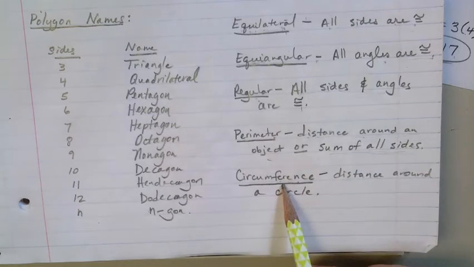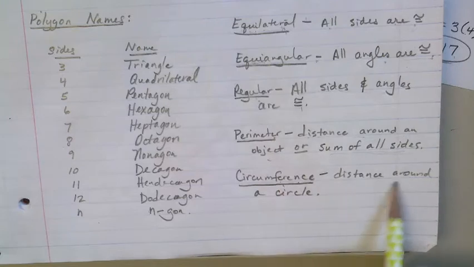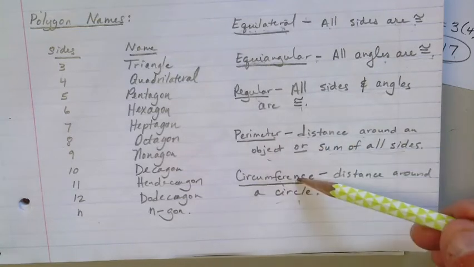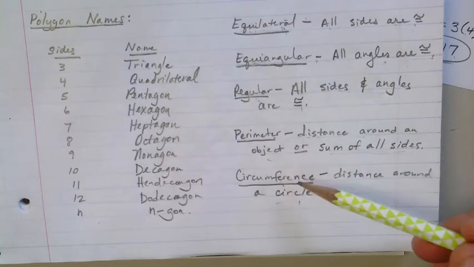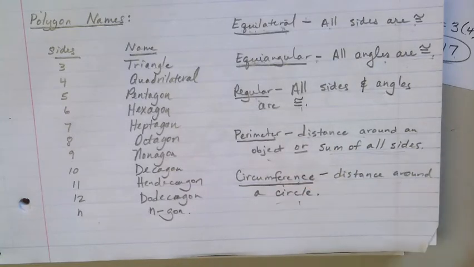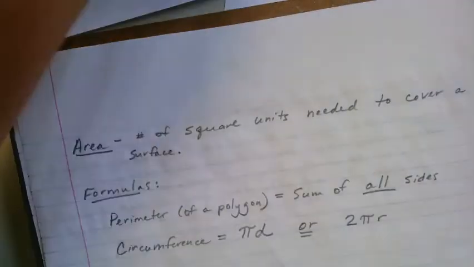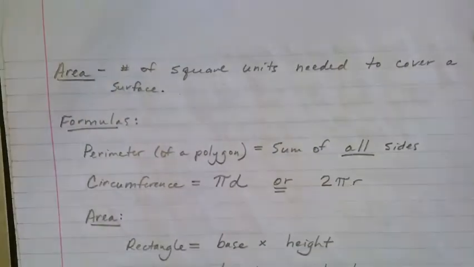Circumference is the perimeter of the circle, so it's the distance around the circle. So again, remember perimeter is the distance around an object, circumference is the distance around a circle, okay? Now, as we transition to just a couple more terms, and I hope perimeter, circumference, even equilateral, I think you guys have heard before, okay? So, if we're talking area, you guys have calculated area before, and simply put,